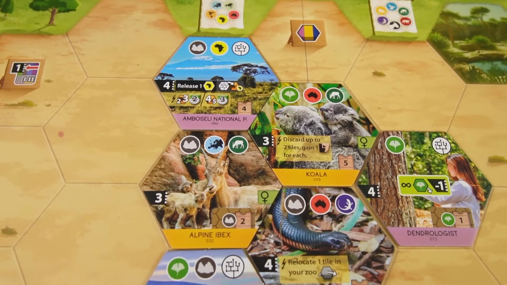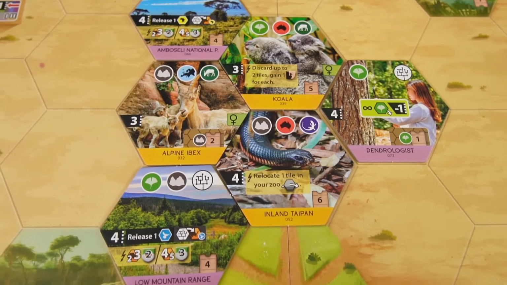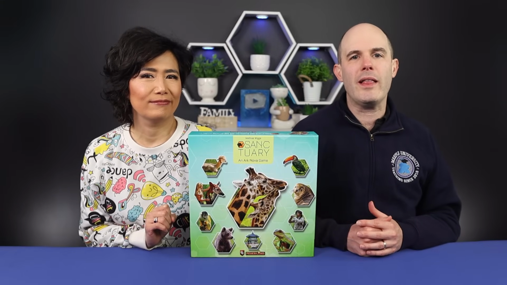Build the ultimate modern zoo. Make sure the animals are happily together with aesthetically pleasing landscape in Sanctuary, an Ark Nova game. And today we'll be teaching you how to play Sanctuary, game designed by Matthias Wigger and published by Feuerlandspiele and